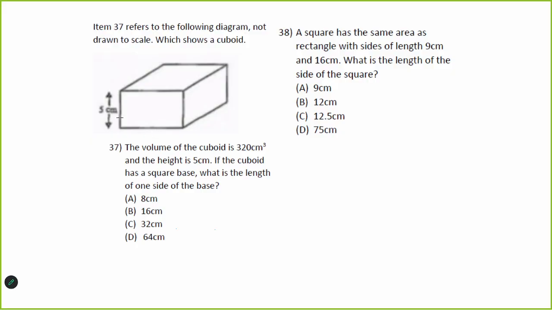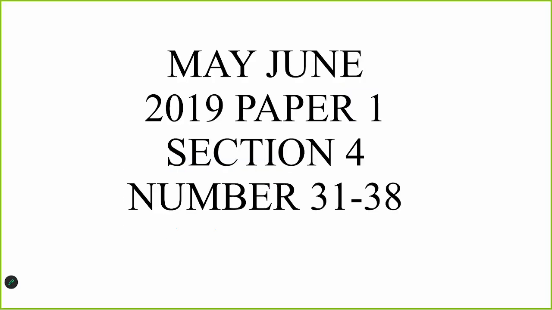This one here, this was x by x, so that's x squared times 5. I believe it was 8 eights are 64. 64 by 5 is 320. What is the length of the side of the square? 9 by 16 is 144. So the square root of 144 is 12, so it's B. Right,